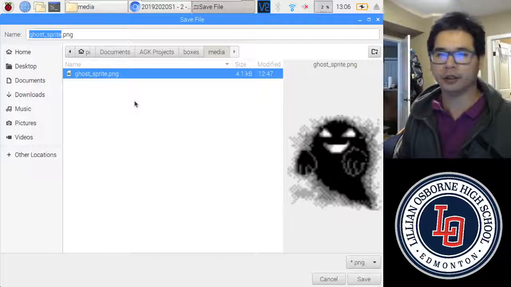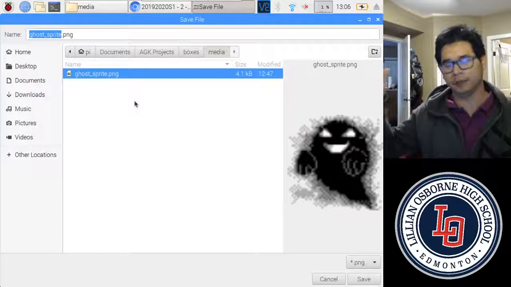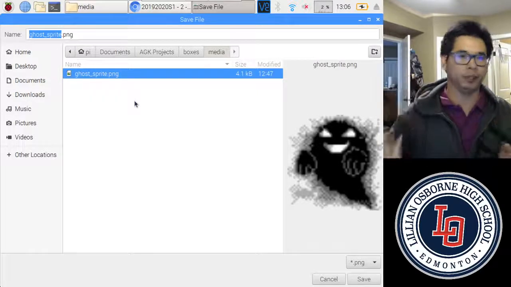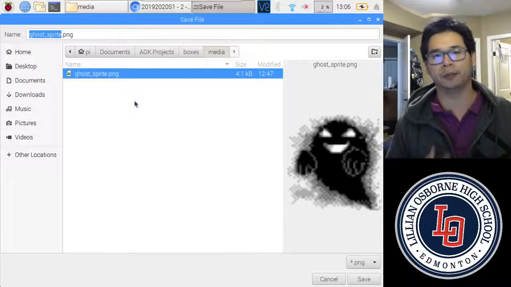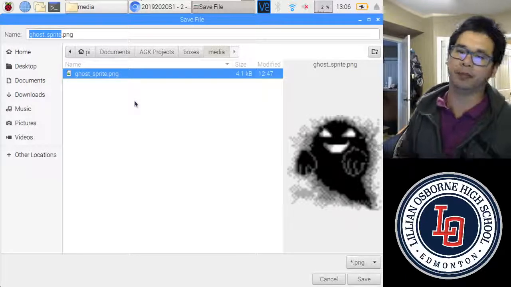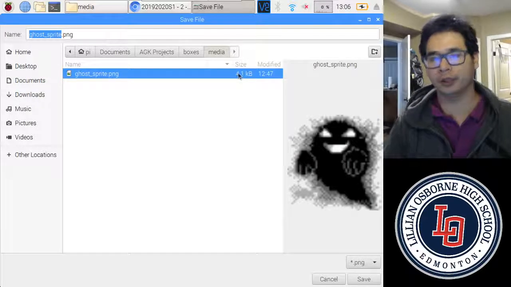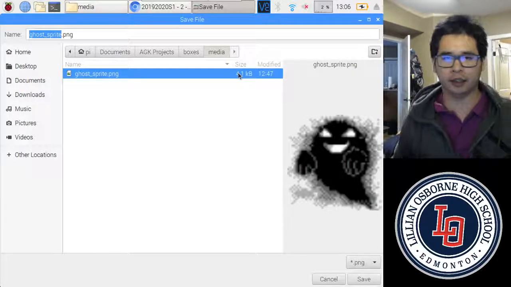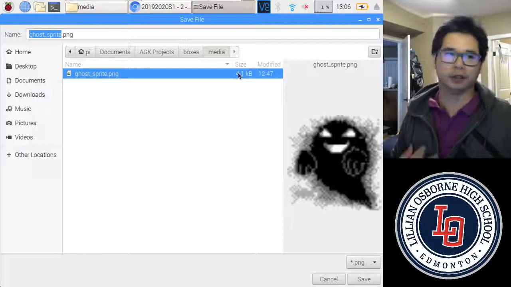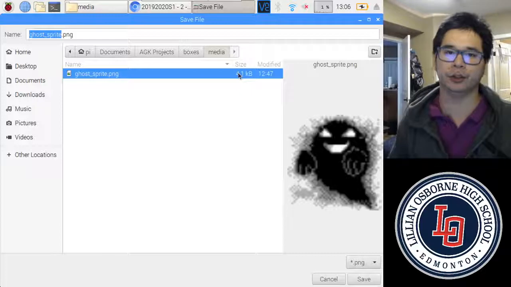Other things to note is that App Game Kit does have maximums and dimensions. So if your image is much too big, then you may have problems with it. And if it's much too small, then you may not see it very well, but we'll talk about scaling later. But if it is too big of a file size, it just won't load. So this is 4 kilobytes. That's a pretty small file size, but if you take a photo off of a mirrorless or DSLR camera and it's like 20 megabytes in size, it's just not going to load because it's too big.